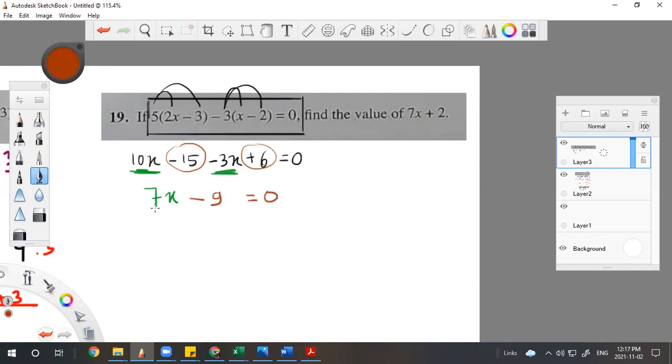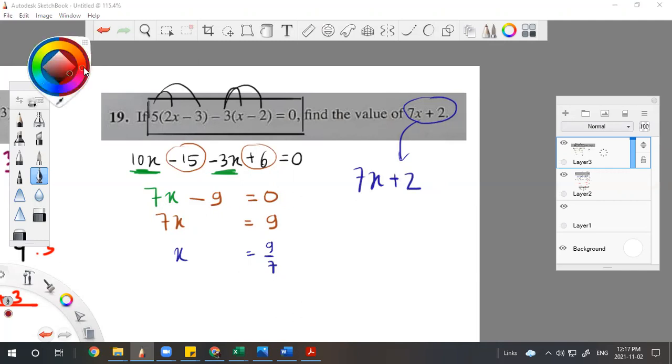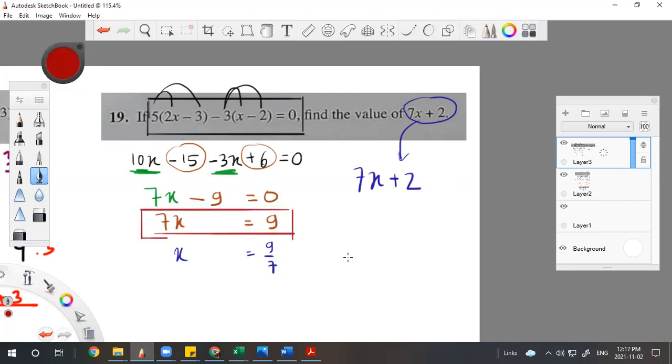So 7x equals to, put the negative 9 to the right side, becomes 9. And again here, this is the trick. Actually, you can find the value of x, right? 9 over 7. But the question is not asking you for x. The question is asking you for 7x plus 2. What is the value of 7x plus 2? We already have 7x. What is 7x? 9, right? You can use this. But if you cannot, just follow the rules. So you can change the 7x to 9,